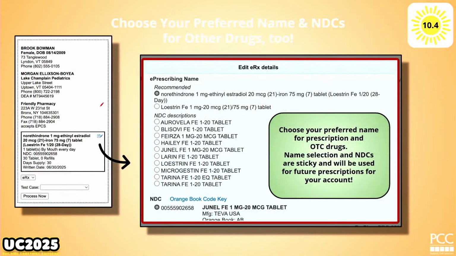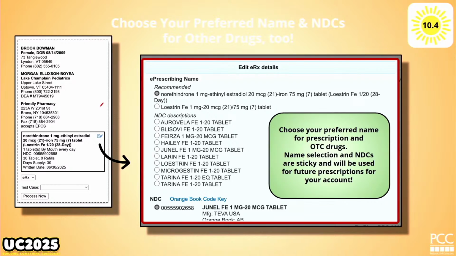Look at birth control. You know how that first entry kind of stinks, right? And I know all that stuff's in there. It's not a lie, but nobody really knows what all that stuff is. Instead, you, on your own personal account, can go in and say, well, I like you now. And that's what your prescriptions will say going forward. You could pull up loratadine, and if you're sending the patient to Walgreens and you really wanted to say Walgreens brand loratadine, you can pick that. Think about all the diapers and the spacers and the albuterols. If you like this stuff, you're going to need a whole day because just imagine the combinations.